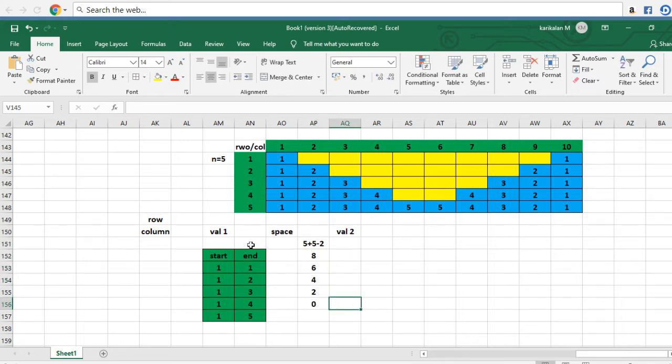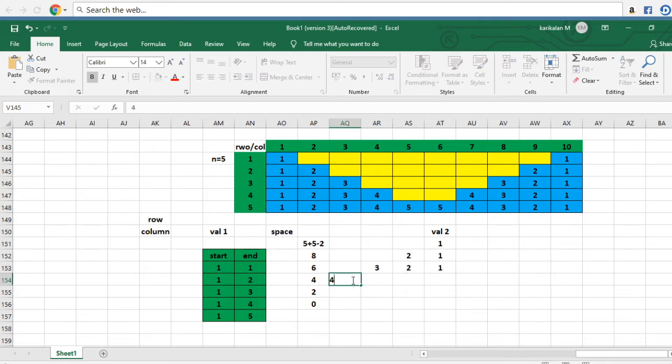Then value 2. Value 2 is nothing but, if your ending value is 1, you can just print a 1. So how are we going to print value 2? Your ending value is 1, just print a 1. Then next, your ending value is 2. First you print a 2 and decrement by 1, so we get 1. Then your ending value is 3. So print 3, then decrement by 1, we get 2. Then decrement by 1, we get 1. So until 1, we are going to do this.